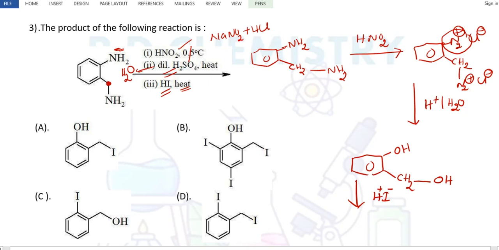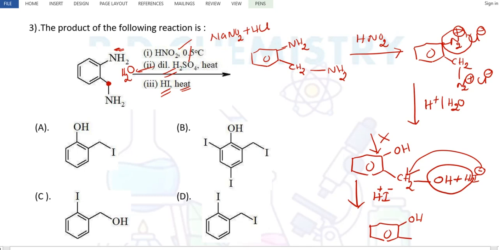Nothing will happen to the OH group directly attached to benzene, but HI can react with the alcohol molecule. It can remove the water molecule, and this iodide, the nucleophile, can attack the sp3 carbon atom. It cannot attack the sp2 carbon atom. Direct nucleophilic substitution on benzene is not possible here. Okay. So we'll get now at the end the benzene ring attached to the OH.